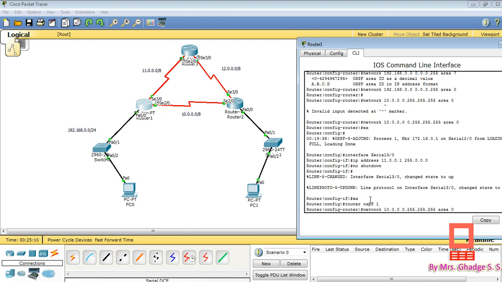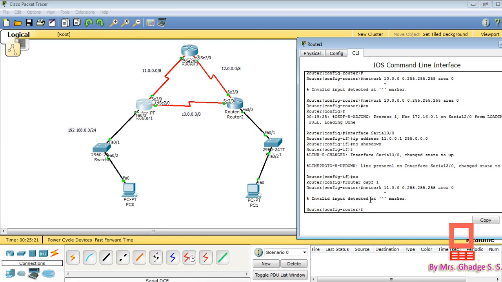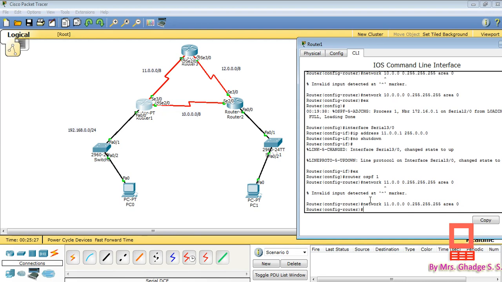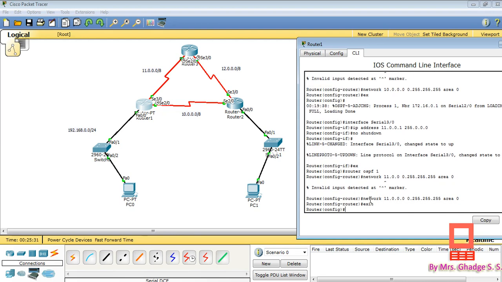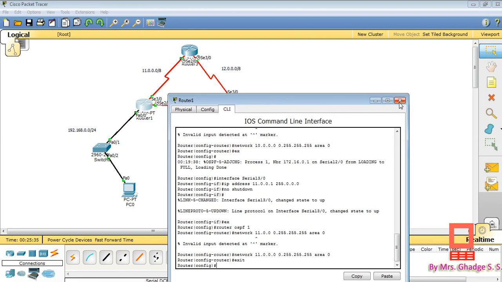Okay, so this network command is now for the 11 network. So 11, then just click on enter. One more 0 is there, dot 0. Okay, and just exit.